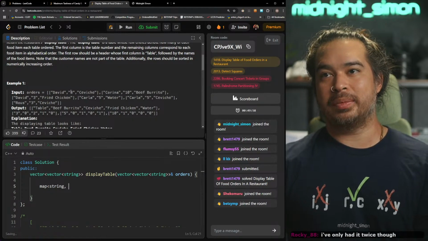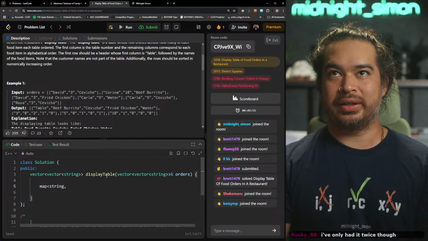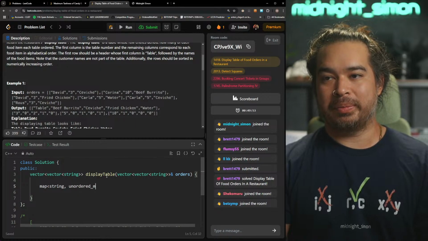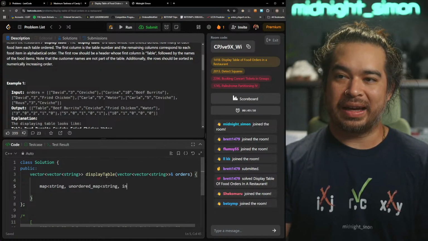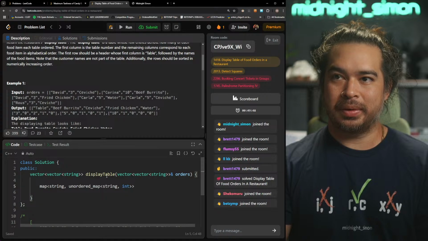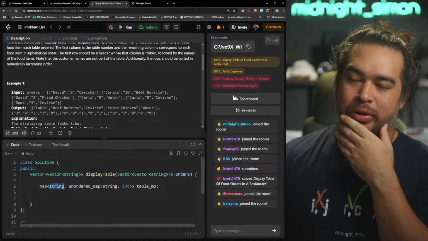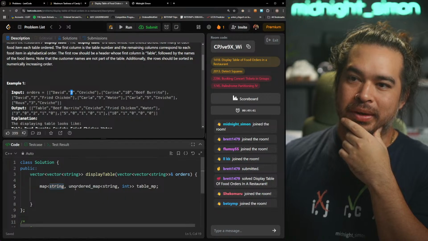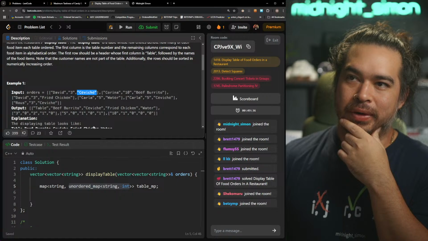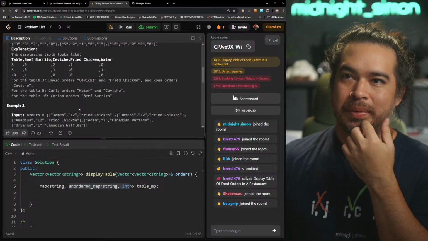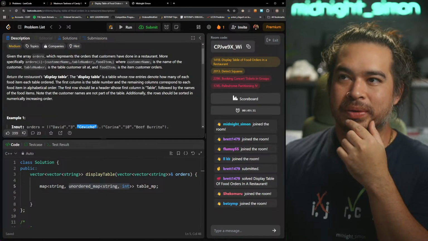So I'm mapping the table to a map of items ordered at that table. So this will be the table number as a string, and it will map to a map of all the food items. But did it say that has to be sorted also? In alphabetical order.